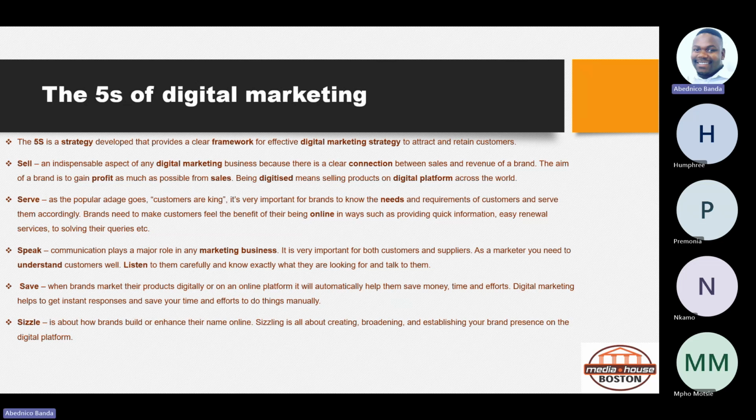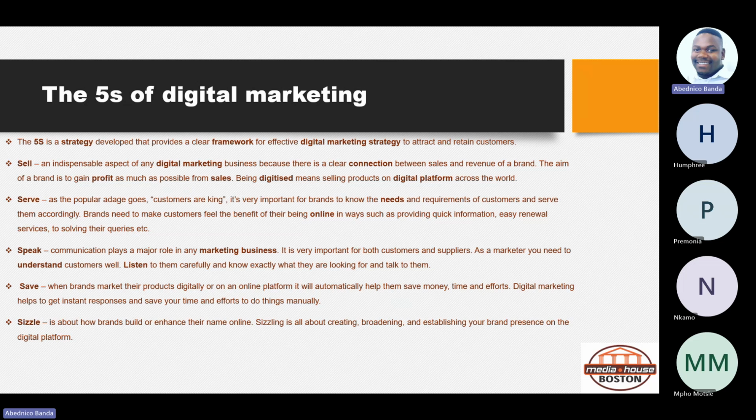This is an indispensable aspect of any digital marketing business because there is a clear connection between sales and revenue of a brand. The aim of a brand is to gain as much profit as possible from sales. So being digitized means selling products on digital platforms across the world. Okay, so that's for selling. Then for serving,